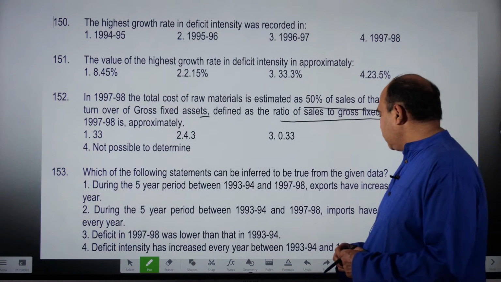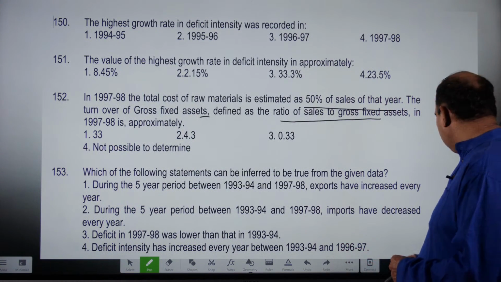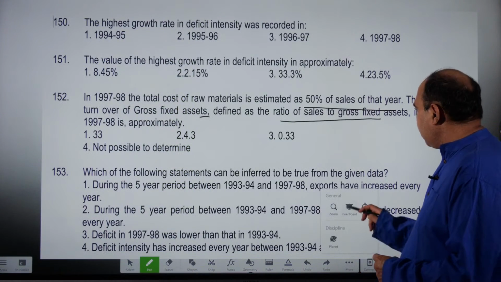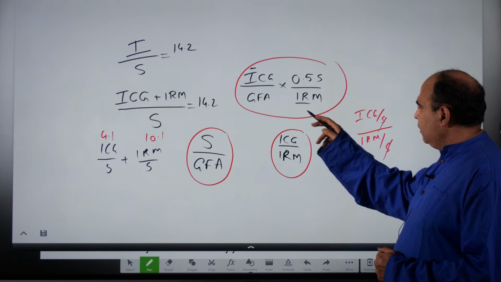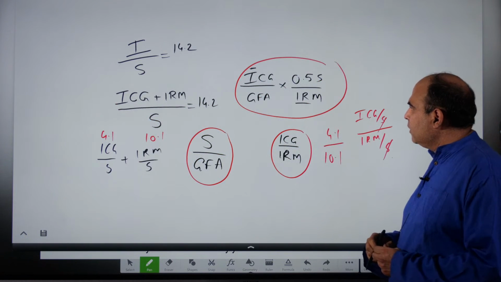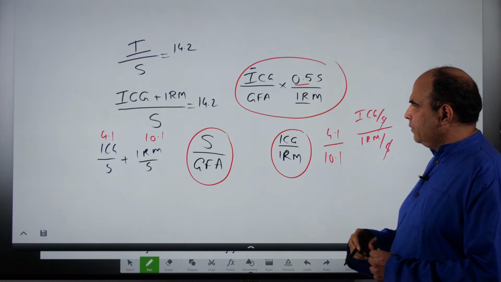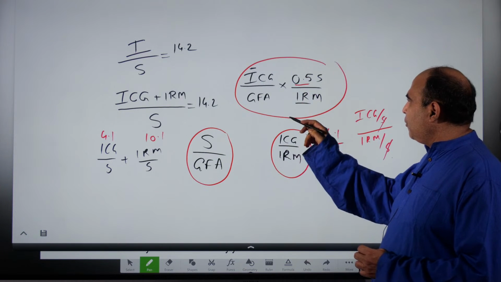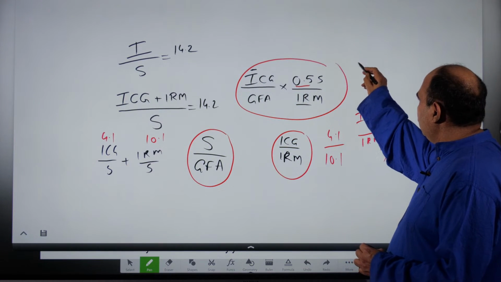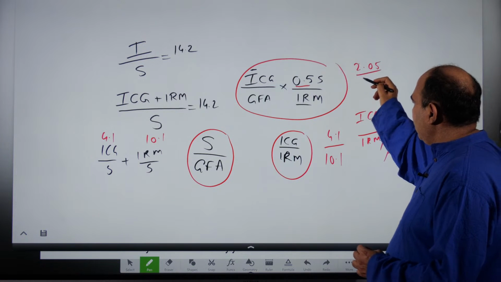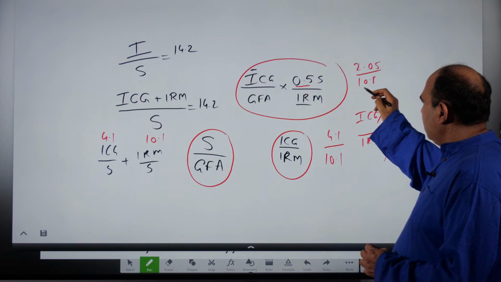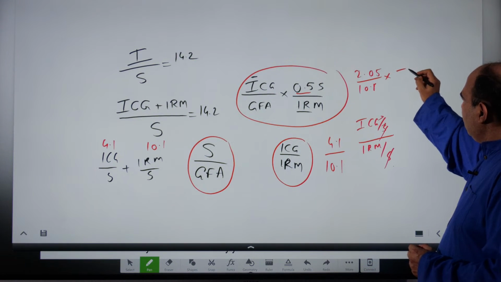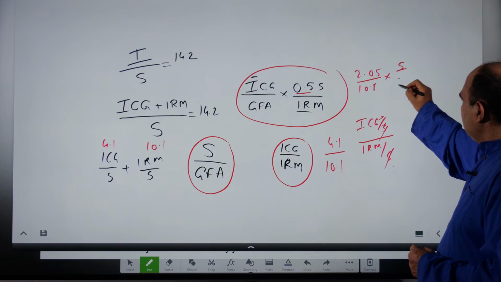So they are asking me what is the ratio of, okay, one second, before we get there, one more thing we will have to do. This ICG upon IRM came as 4.1 upon 10.1, and there's also 0.5 here, right? So when I'm writing 4.1 upon 10.1, I multiply this by 0.5, so I get 2.05 upon 10.1 into S upon GFA,